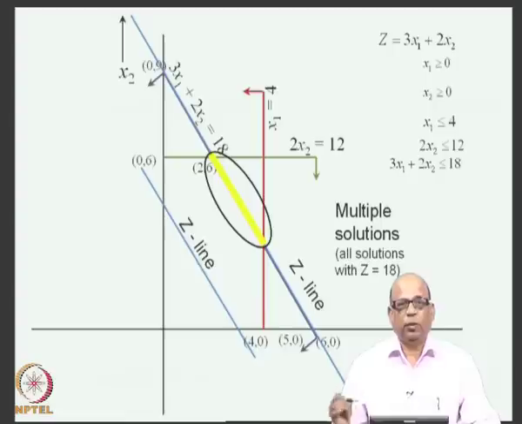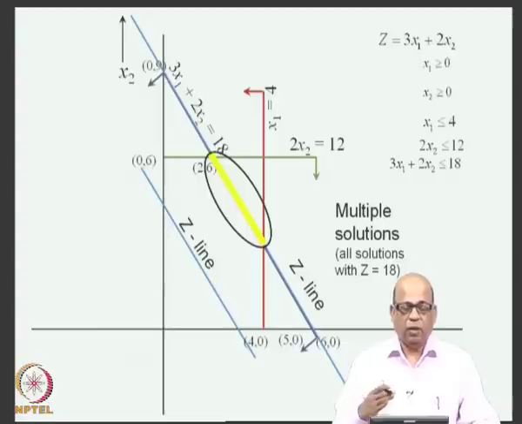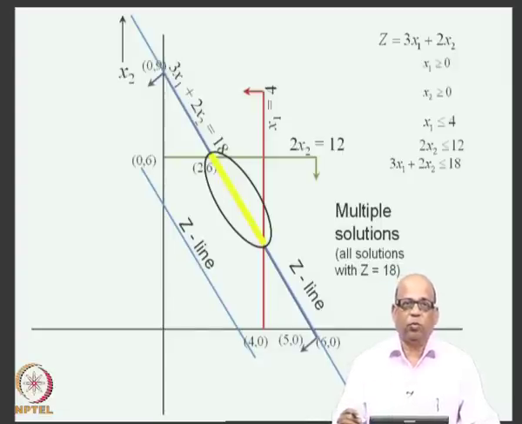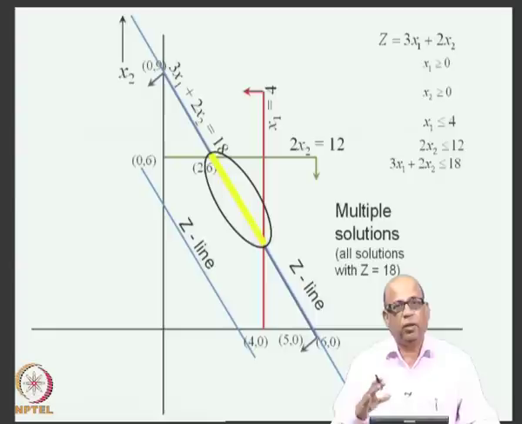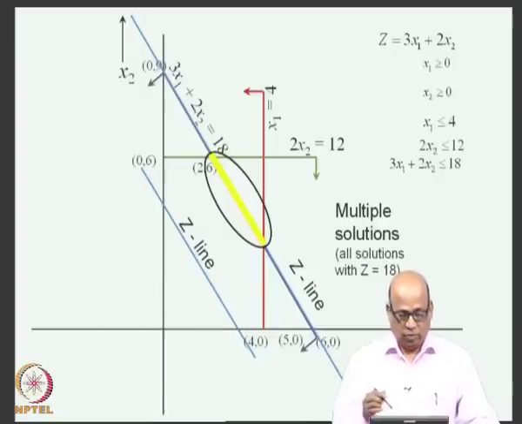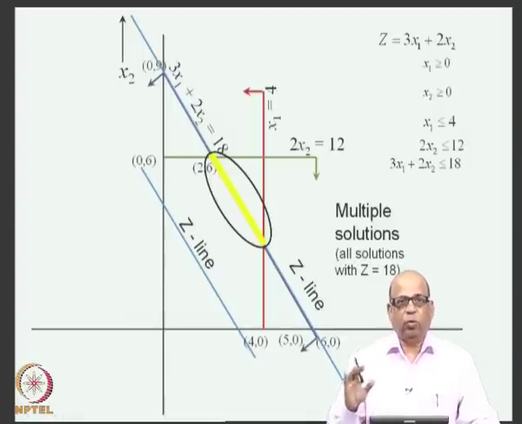So, this is the first special case that we consider. You identified the feasible region and then saw that the z line corresponds to one of the boundaries beyond which it leaves the feasible space, and therefore, that becomes the optimal solution, and therefore, you do not have one solution, but you have an infinite number of solutions. All of these points here on the boundary lead to an optimal solution, and therefore, you have multiple solutions. If you have two solutions, you have an infinite number of solutions. This is a solution, this is a solution, therefore, any point in between is an optimal solution. So, you have multiple optimal solutions.